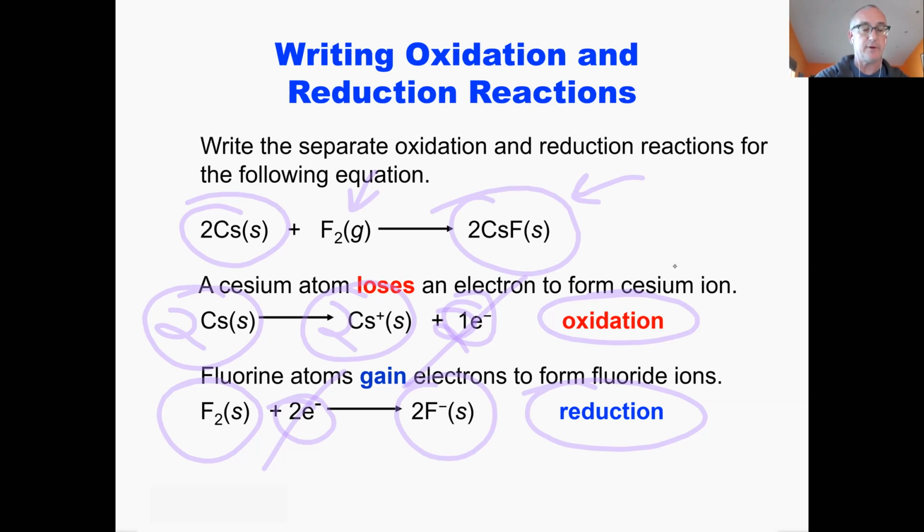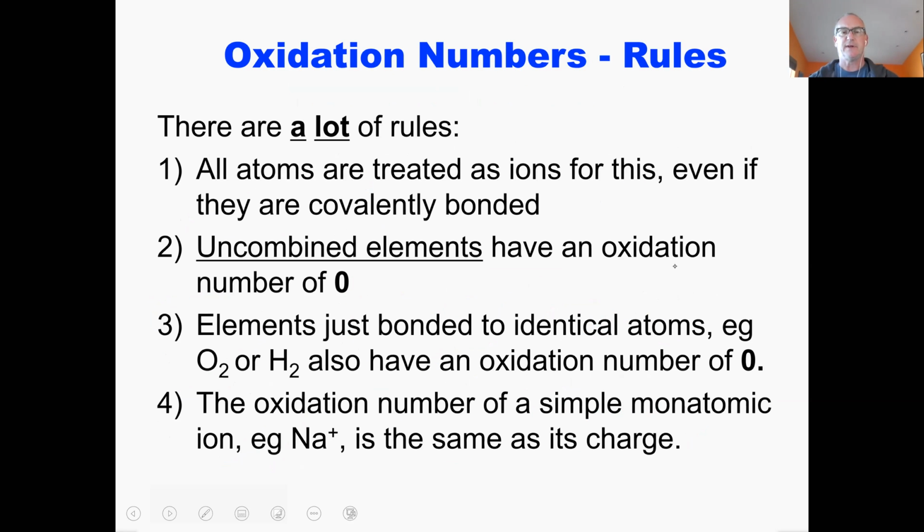So when I add everything up, I should get back to the same reaction, okay? So we'll do a couple of those to show you how it works. But there's a lot of rules for doing these sorts of things. So let's go through them. So oxidation numbers. How do you figure out what an oxidation number is? So we think about atoms as being ions, all of them, even if they're in a covalent molecule, because we want to identify them by their oxidation number. So we basically assume that, for instance,